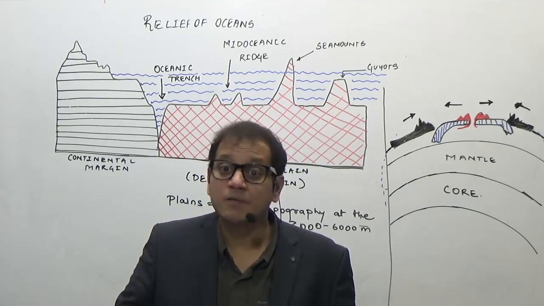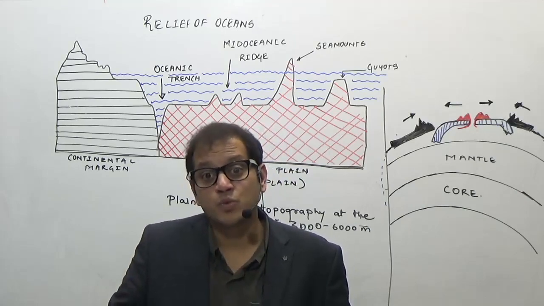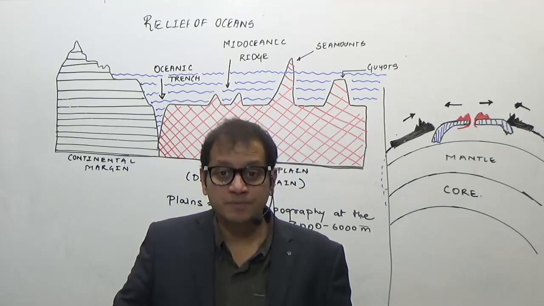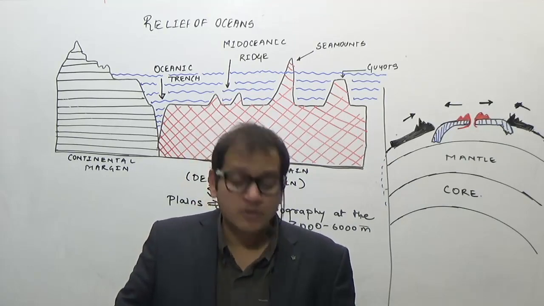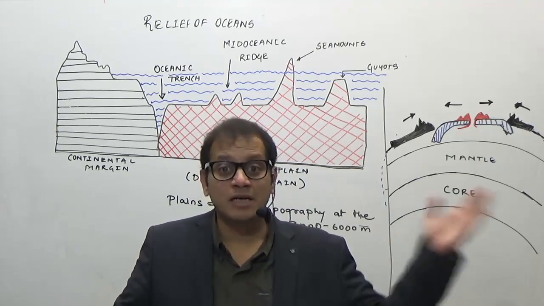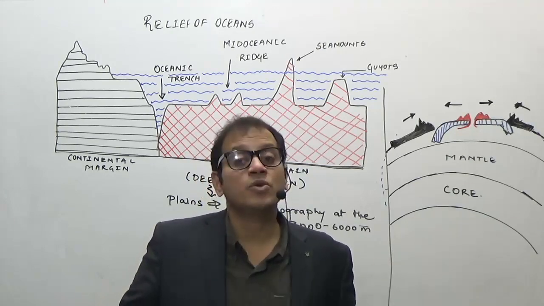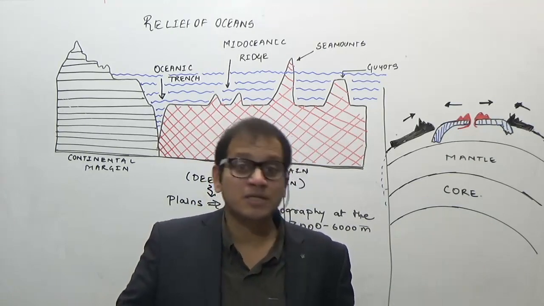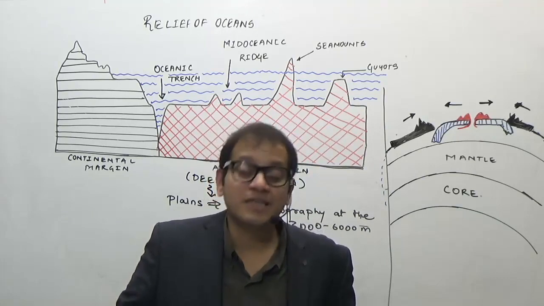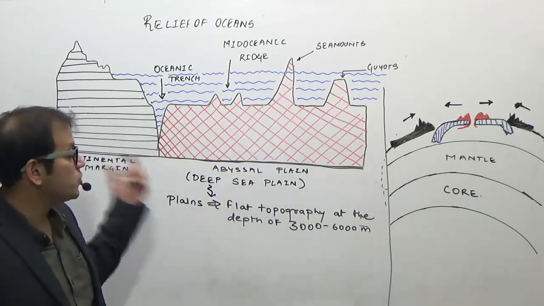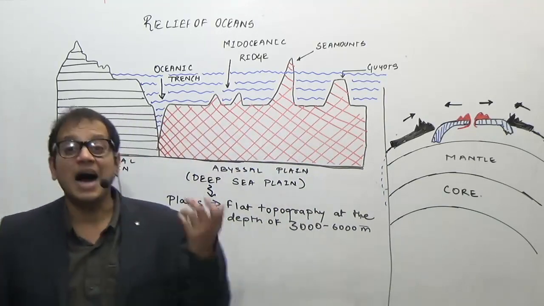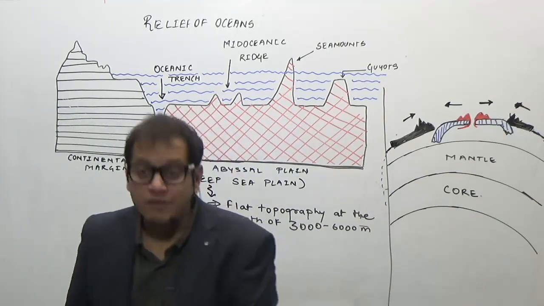In fact, there are different mountains. There are some mountains which are as high as, or in fact much higher than, Mount Everest. There are some depths or depressions in the ocean which can have more than one Mount Everest inside them. So that means the ocean floor is very much interesting, and this led to the study of oceanography. In oceanography, it was understood that the deep sea plains, which are at the greater depth of 3,000 to 6,000 meters, have different kinds of topographies.